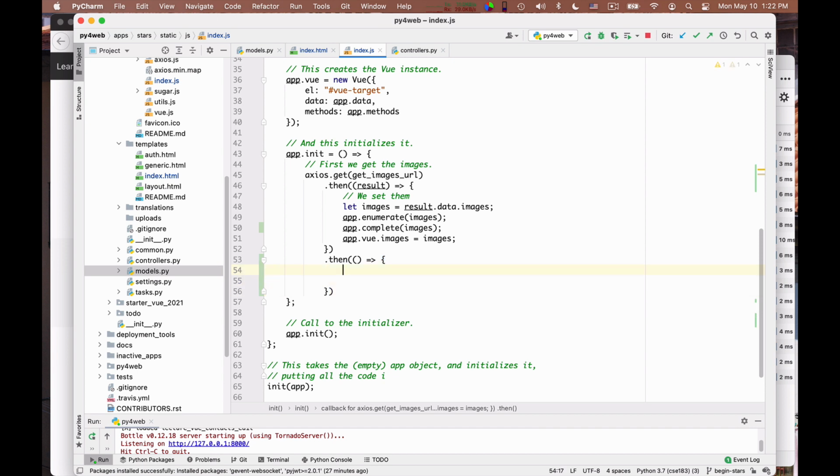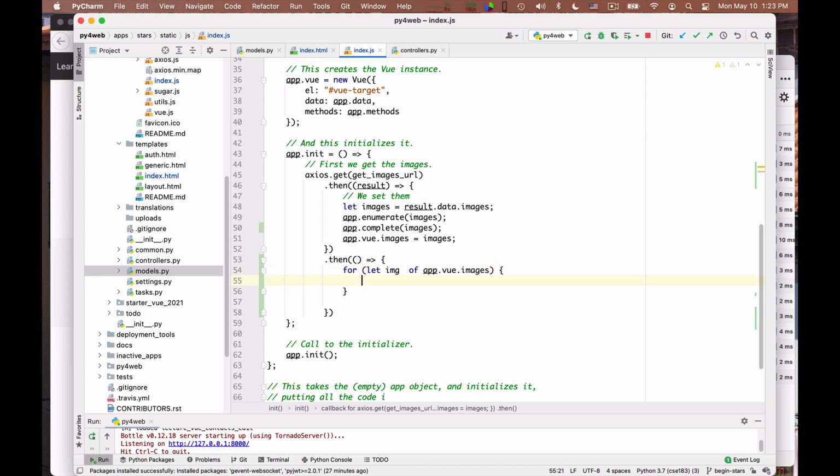Okay, and here what I want to do is this: for let image of app view images. So this iterates over the images, and for each image I want to ask the server the rating of this image. And so here I say Axios get of get rating URL, and I want to send some parameters, right?